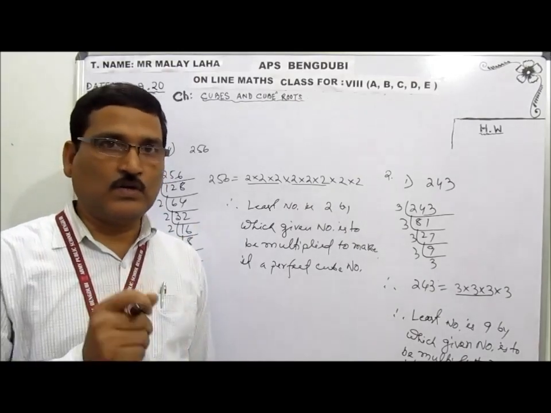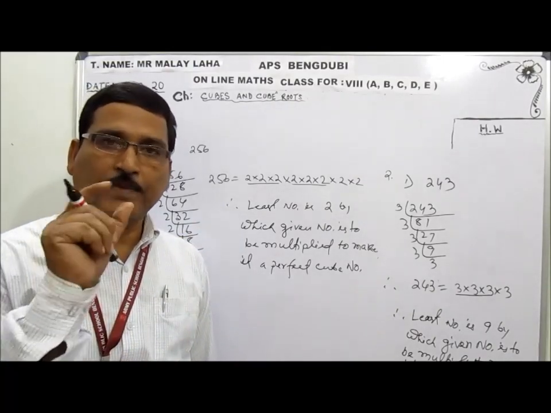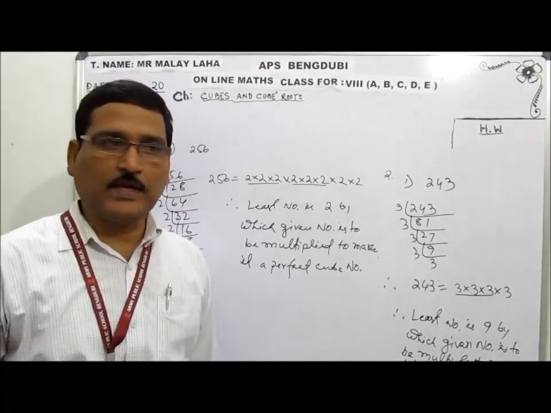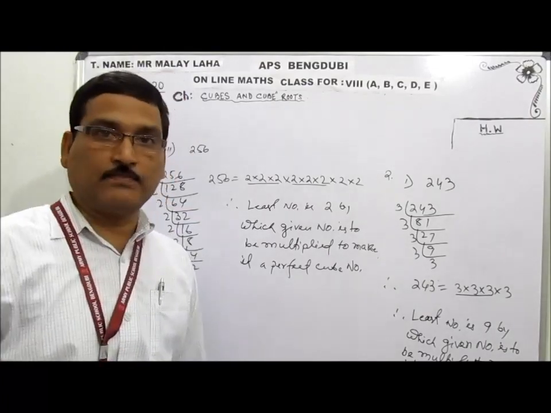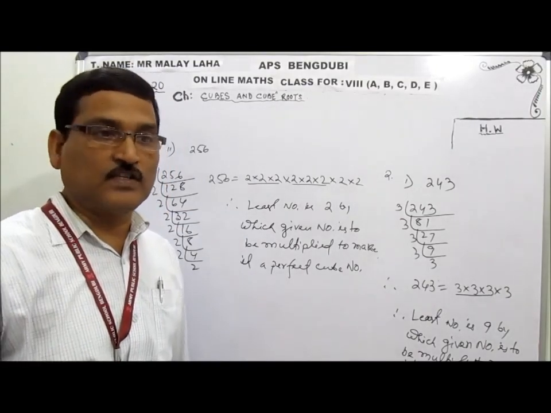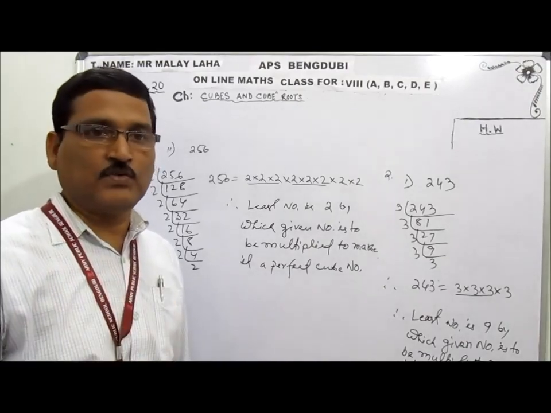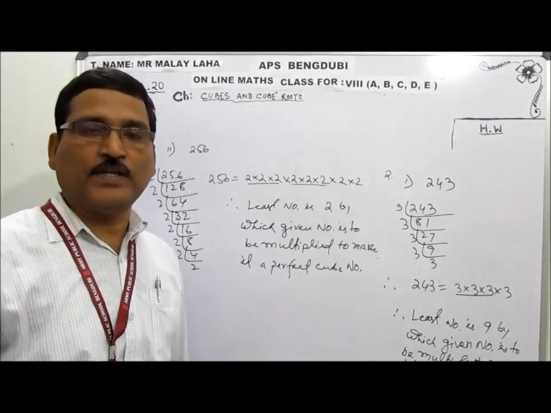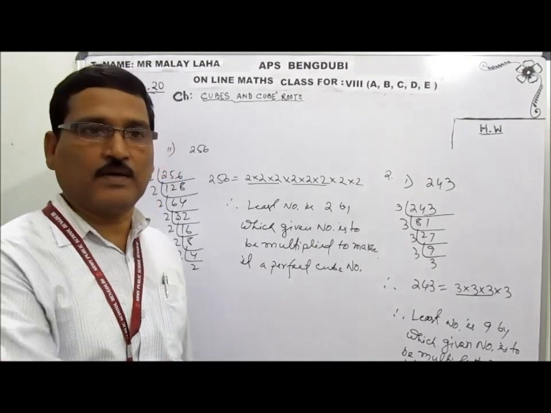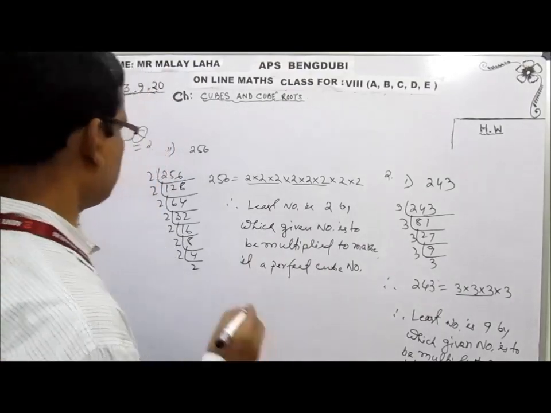So don't confuse. In case of square and square root, we need to make a pair of 2 common factors. In cube, a pair of 3 common factors. So if both the chapters are coming, a question will definitely be there, so your answer should be correct. Sometimes I have noticed that questions which come in square follow the rule of cube, and questions which come in cube follow the rule of square. You should not make this type of mistake.